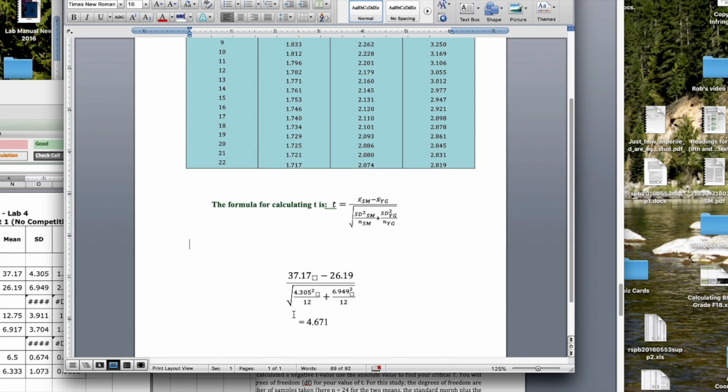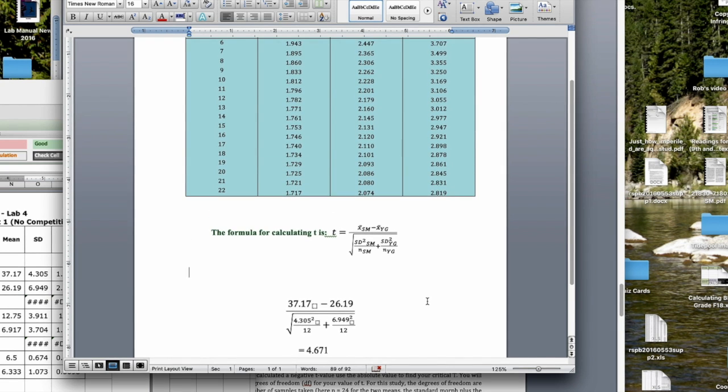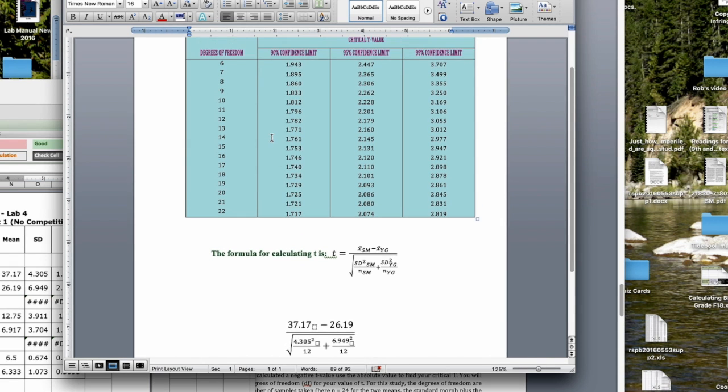I'm subtracting these from each other. And then I plugged in the standard deviation values here. So 4.305, 6.949. We square those, and then you divide those by 12. And when you do that, you get a value of 4.671. So that's our t-value. So what does that mean? So this is now where the table is important. So if I scroll back up here,